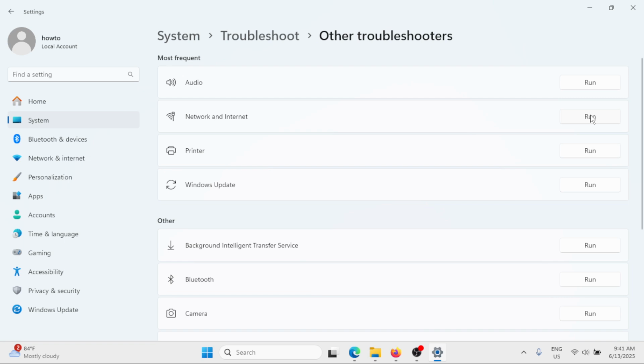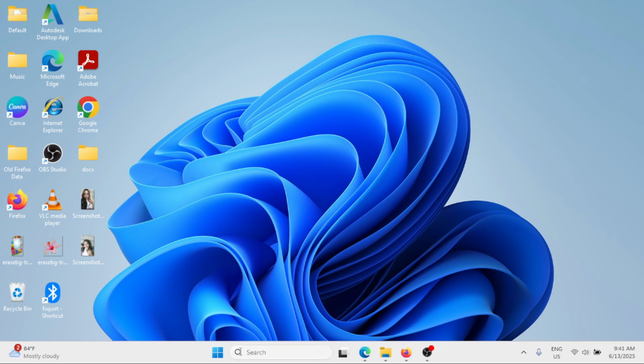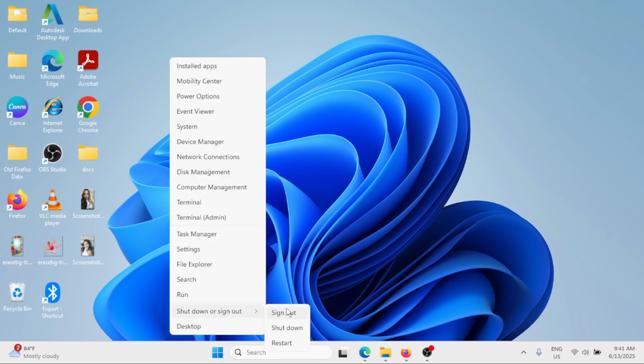Simply follow the on-screen instructions. What that will do is help you detect and spot the issue or problem that you are facing on your Windows, and it will also give you suggestions and recommendations to fix the issue. After running the Network and Internet troubleshooter, right click the Start button, select Shut down or sign out, and restart